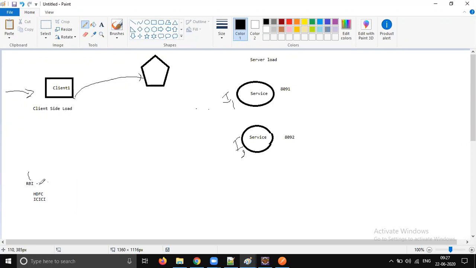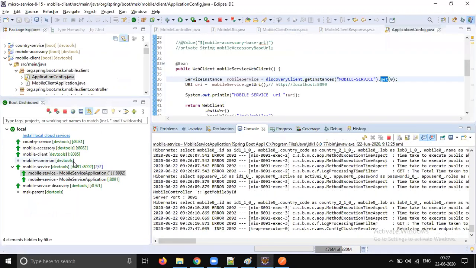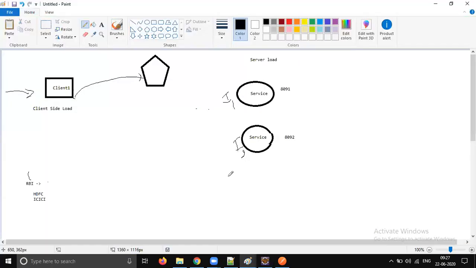No. RBI itself should manage their instances. In our case, the client and everything is in our control, so it looks okay. But it doesn't look good if you are going to expose this to a third party. So what should we do? We should add a load balancer here.